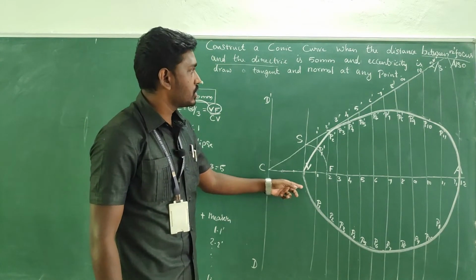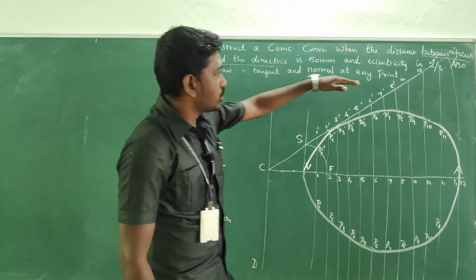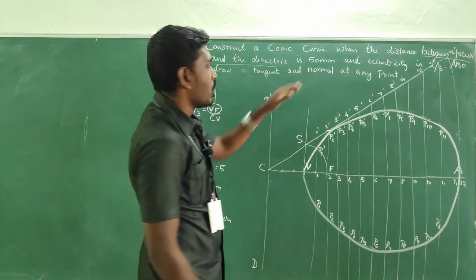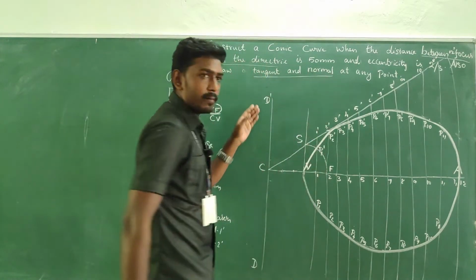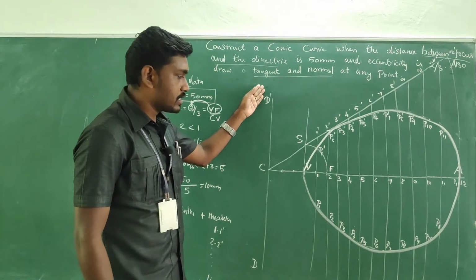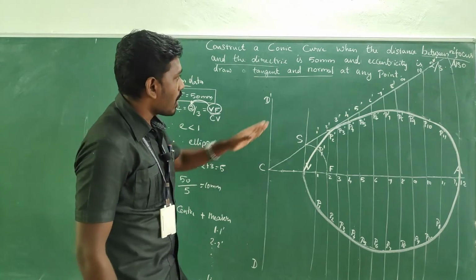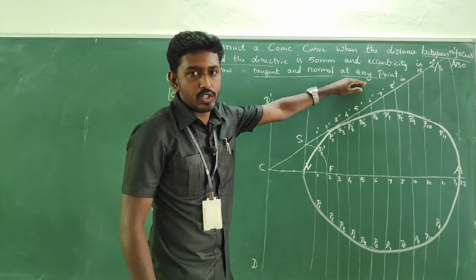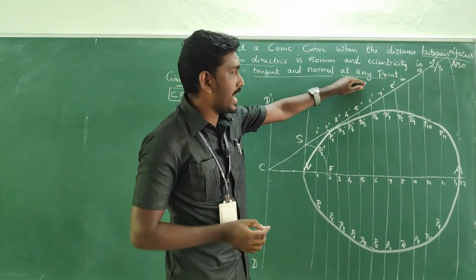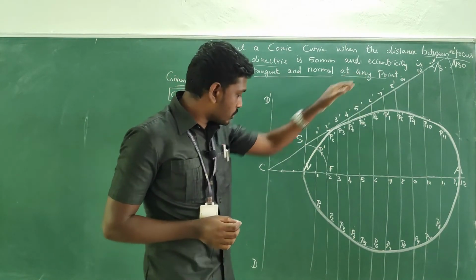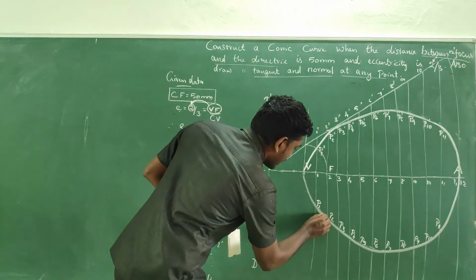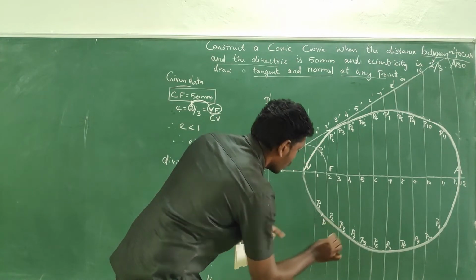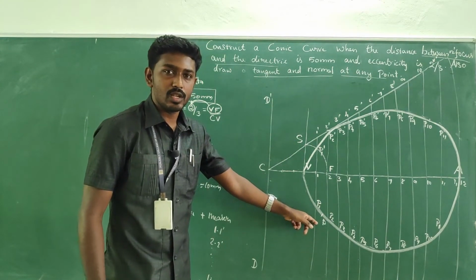Okay. And next, also in the question it is added, also draw a tangent and normal. So we must draw it in the profile. At any point, as given in the question, we are going to take the normal and tangent at any point on the profile. So I am going to choose a point here to show my normal and tangent.